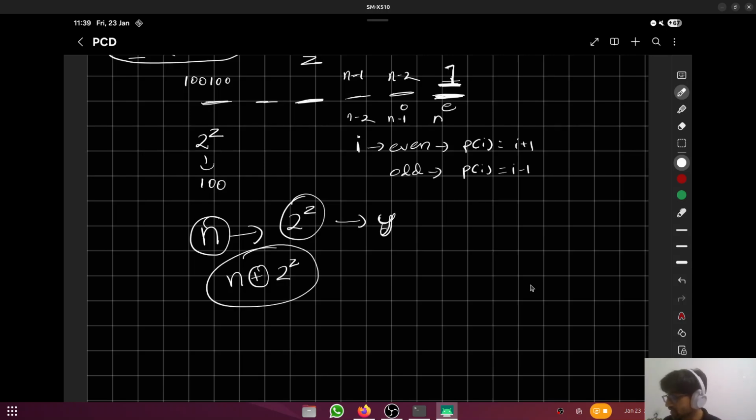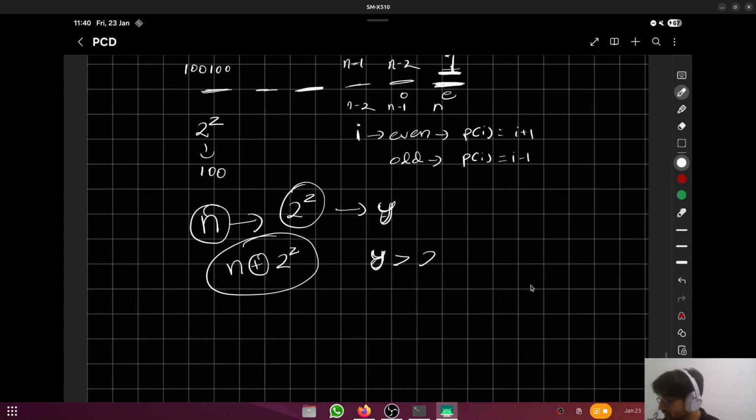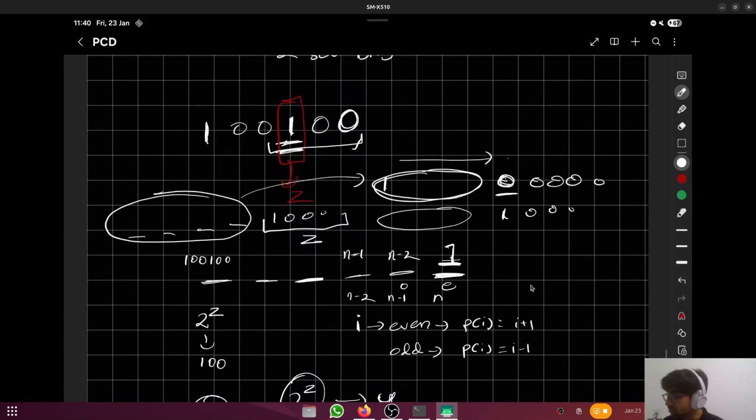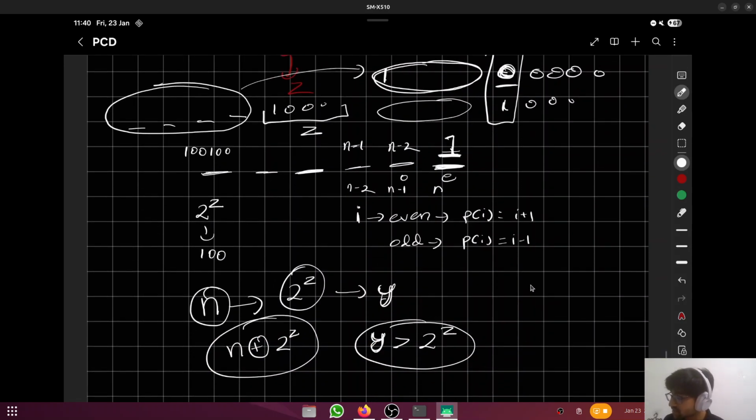Let this number be y. It's obvious that the value y will be greater than 2 per z because this number has at least two set bits. Like as the number n has at least two set bits, it has a set bit which is greater than z. So we can safely say that y is greater than 2 per z,